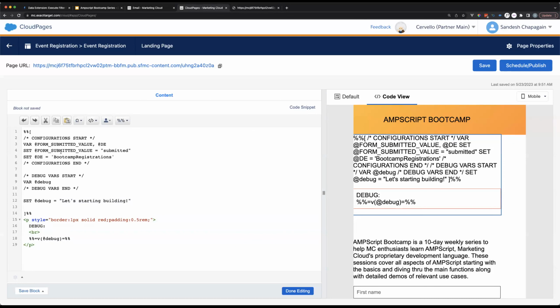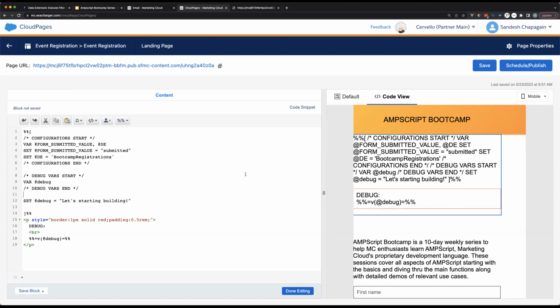And the other thing I like to do is to set up configuration variables right at the very top, so that things like, let's not worry about this one for now, but things like DE names, maybe there's other things like success messages. What do you want to output when the form is submitted? All that stuff goes in the very top, so that whoever maintains this comes back to this, looks at this, and then finds everything that they need to change at the very top. Unless it's a complicated code issue, obviously, then they would need to dig into the code. But just to change the data extension name, they shouldn't really need to dig into that code, if that makes sense.